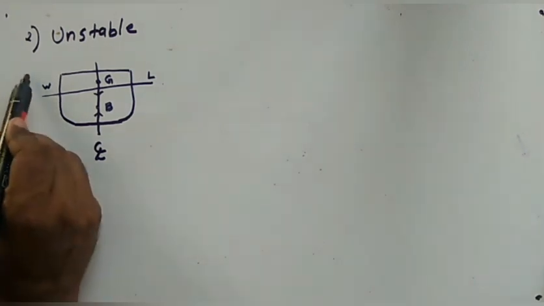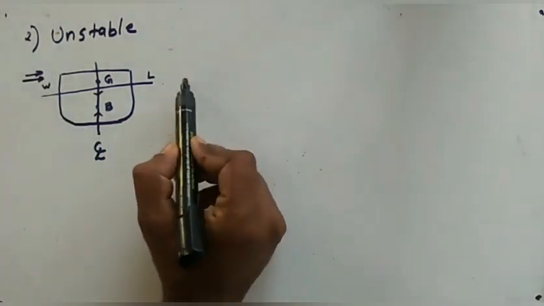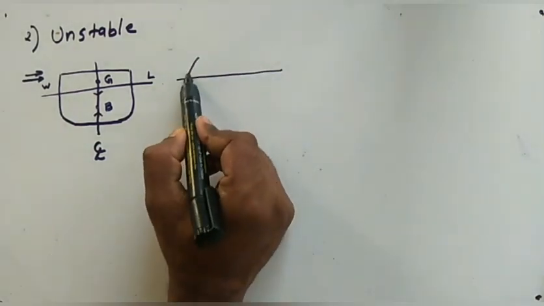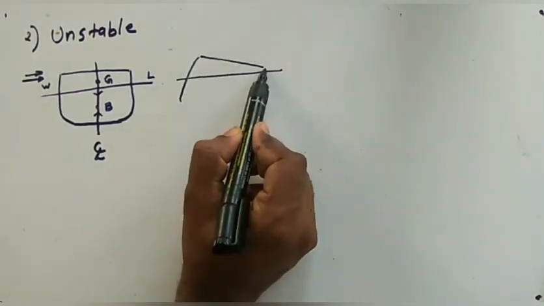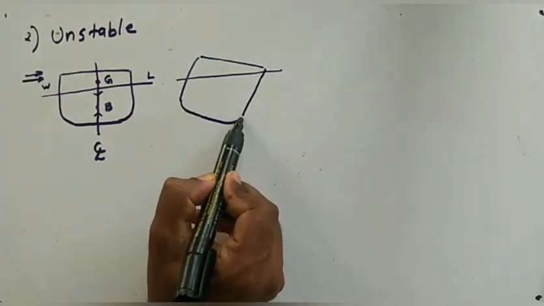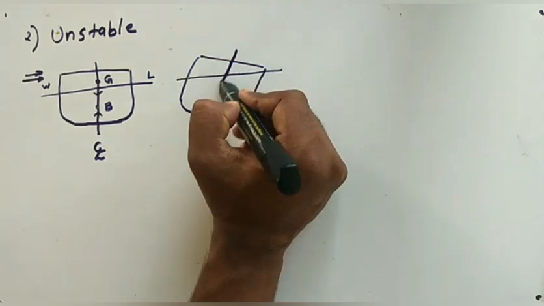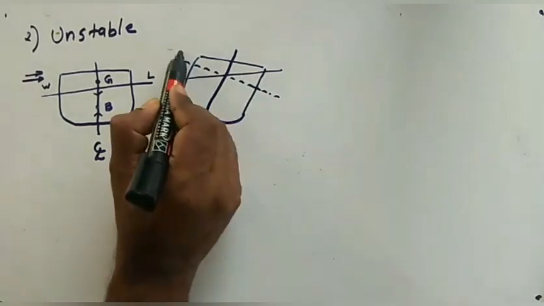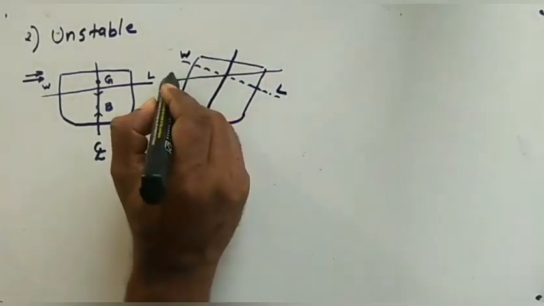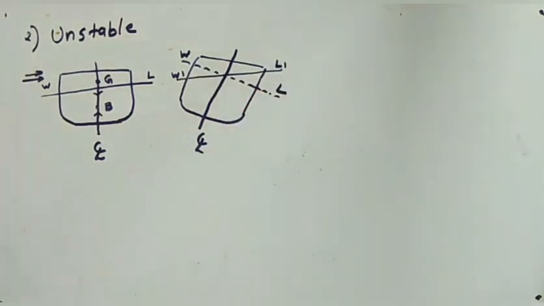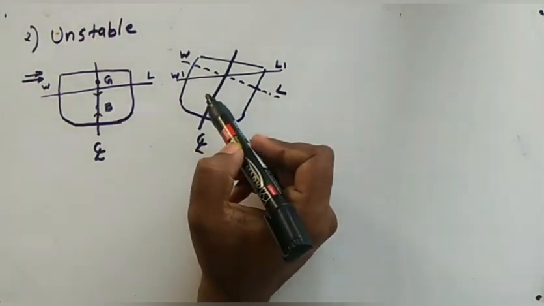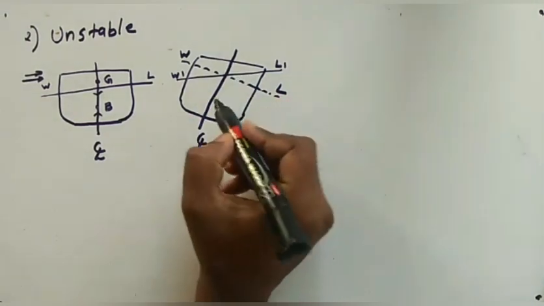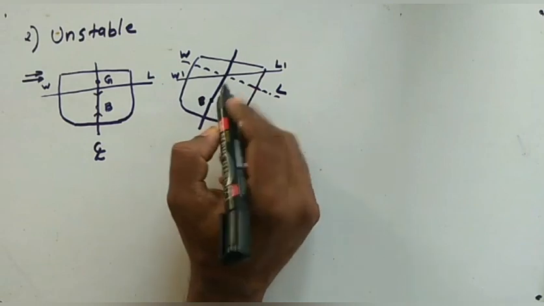Same as in the stable equilibrium, consider there are some external forces. Now my ship will incline with some angle. This is my center line and this is my previous water line WL, and this is the new water line W1 L1. So if you see, the left portion of the ship came out of the water and the right side went inside the water. That is, my underwater volume is decreased on the left side and increased on the other side. So the center of buoyancy shifts from B to point